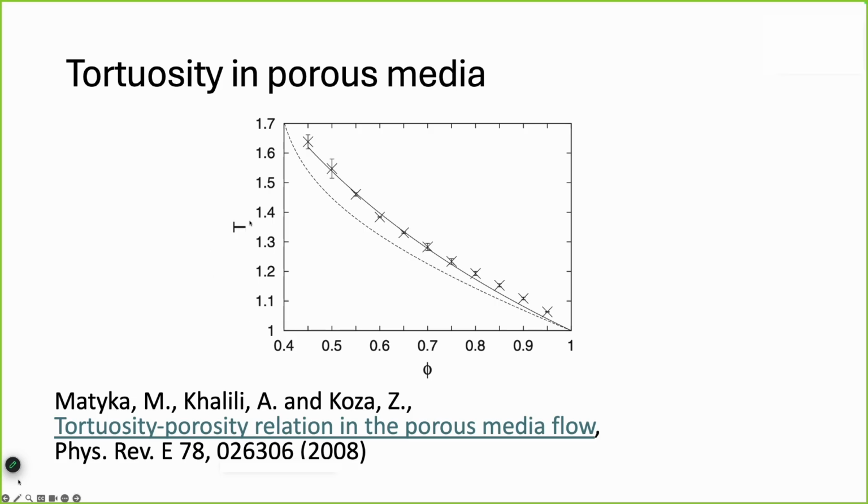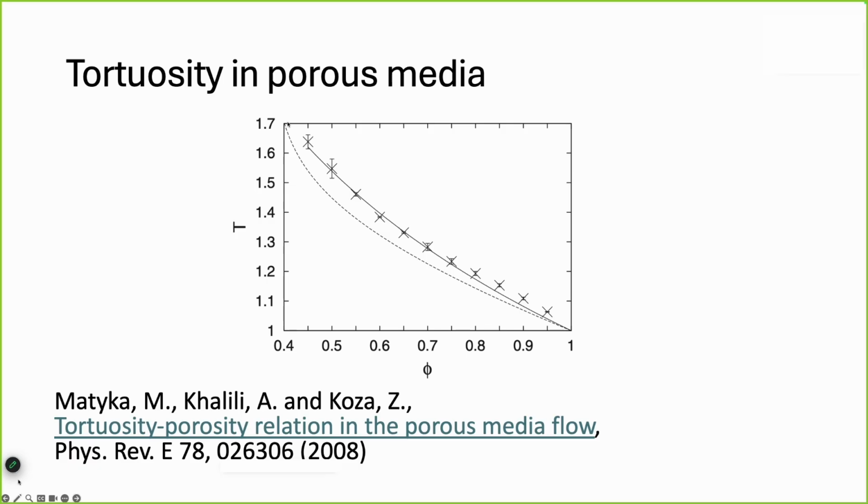Okay, what is the plot? On the y-axis you have tortuosity. The larger value of tortuosity means the flow is more wiggly. It goes on a more tortuous path. The lower number, 1, is straight flow. The particle goes from the beginning to the end of the medium on a straight line. When tortuosity is 1.6, it goes like that. Now there is a transition of tortuosity from 1 to, let's say, 1.7 or whatever.